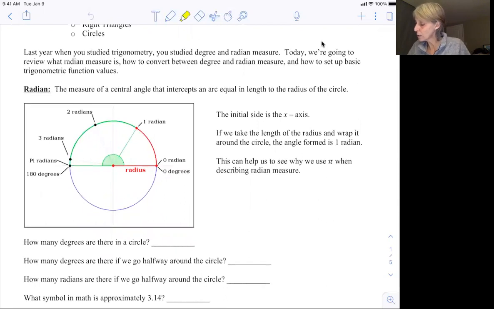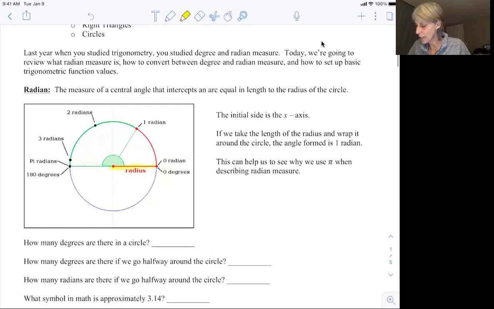So if we look at this and we say the initial side of the angle is the x-axis. So the angle, okay, 1 radian, is going to be, if we take this radius, the length of the radius, and wrap it around our circle, the angle that's formed is what we call 1 radian. Okay,